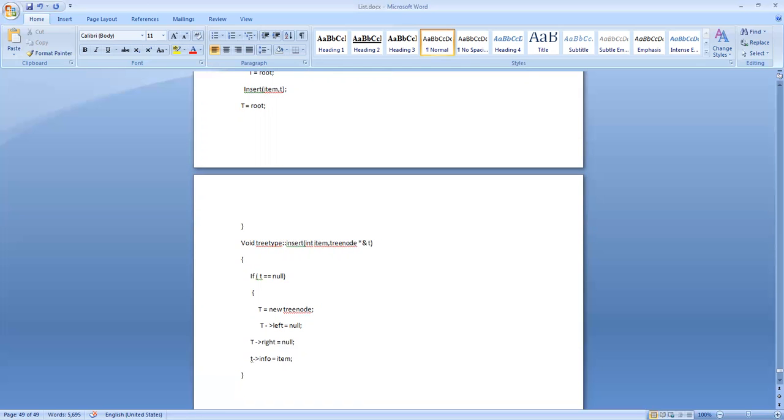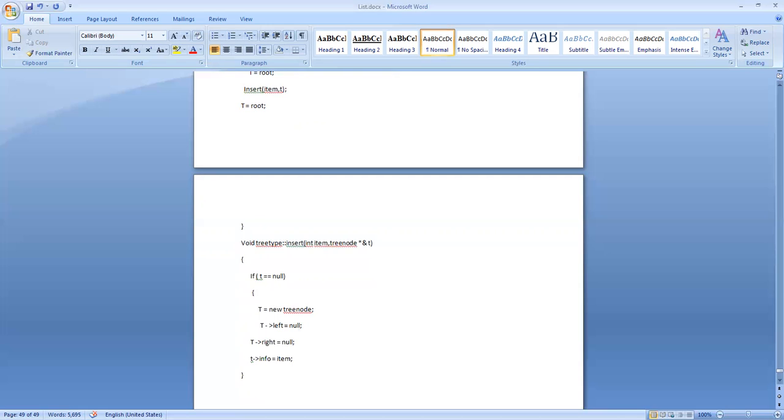Otherwise, what does it mean? If I am not trying to insert into an empty tree, rather I am trying to insert into an existing tree, in that case I should check whether it is going to be the left child or right child. By comparing the value of this item with t reference info, we can say whether it is to be the left child or right child.